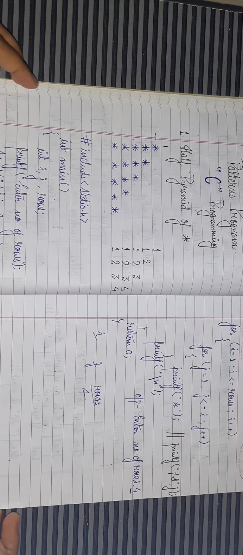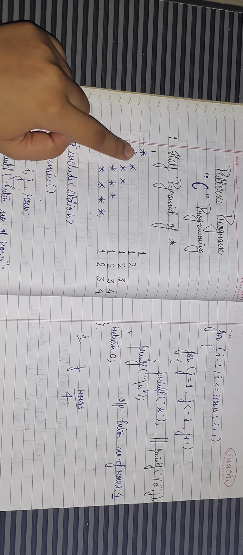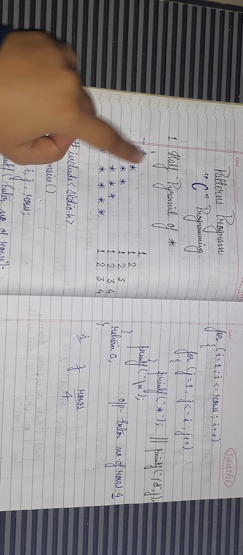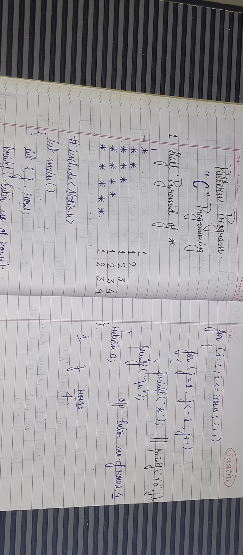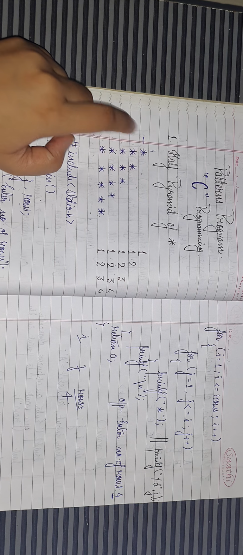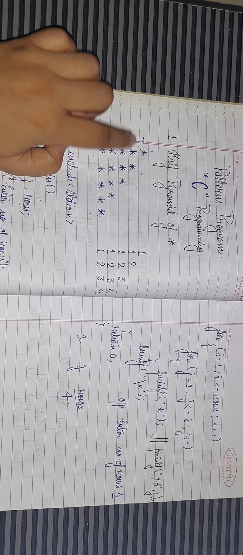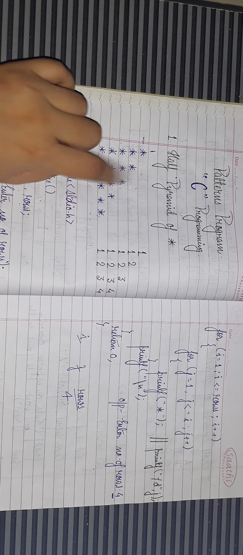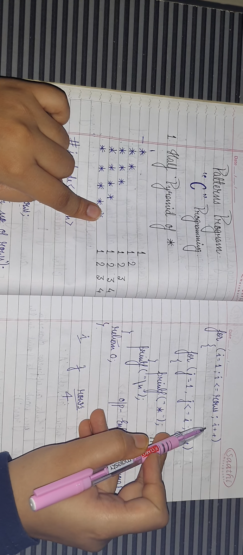Now coming to, we must have two for loops. One for loop is for the number of rows and the other for loop is for the columns. I hope that you all know the concepts of loops, that is the for loop. We will mostly use for loops in pattern programming. So one for loop will run for the rows and another will run for the columns, right? That is what I have defined here.